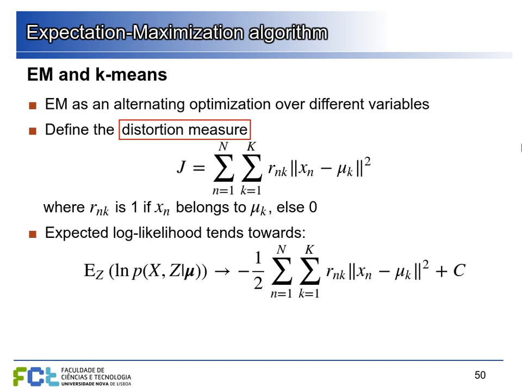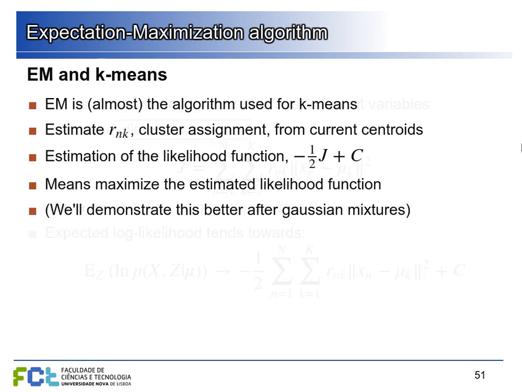So this is similar to expectation maximization, with the only difference that these variables here are only 0 or 1 and not the actual averages, not the expected values of those z's. And this ends up tending towards the logarithmic likelihood of the distribution of the variables. So actually, it is similar to what we found when maximizing the likelihood in the linear regression case, where we also found these quadratic distances. So basically, k-means is almost